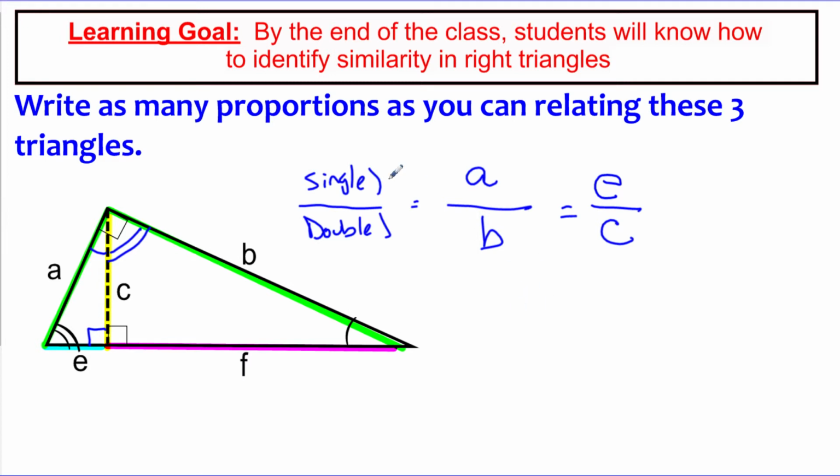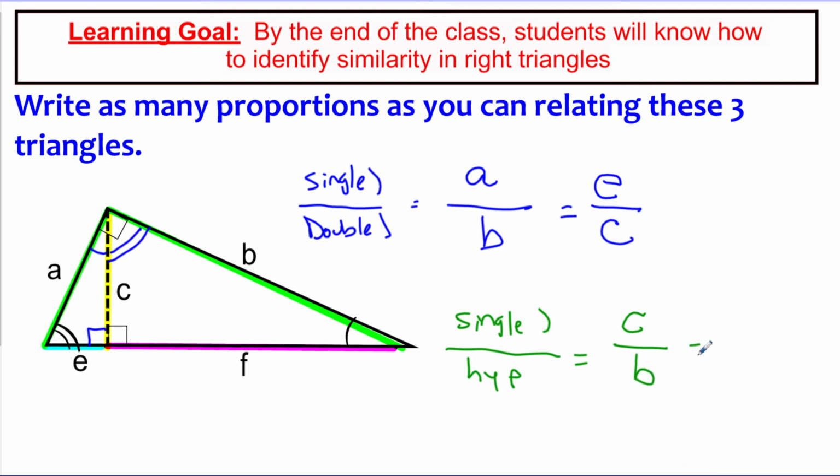So let's try one more and see if we can get the same idea. In the right-hand triangle, we'll call it the medium-sized triangle, I'm going to set up the single arc over the hypotenuse. That's the ratio that I want to set up. So in the right-hand triangle, across from the single arc is the altitude, which we called C. And the hypotenuse of this one is across from the right angle,